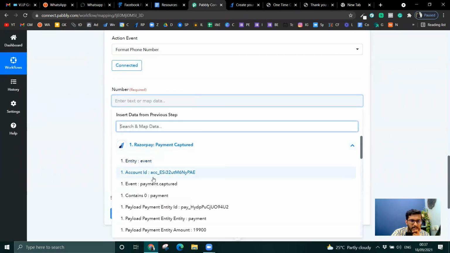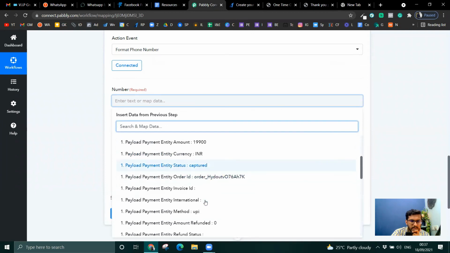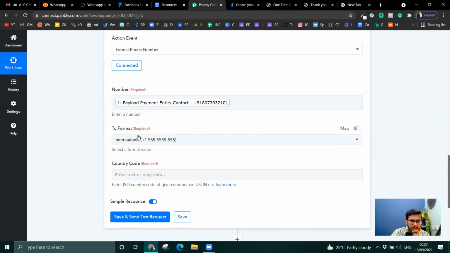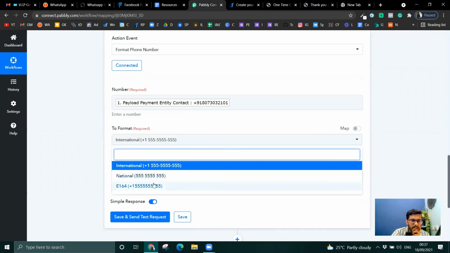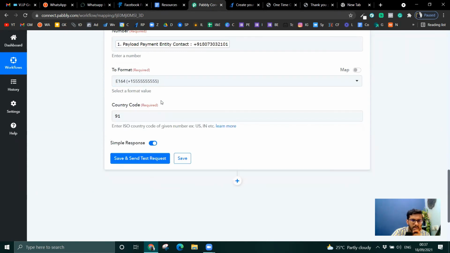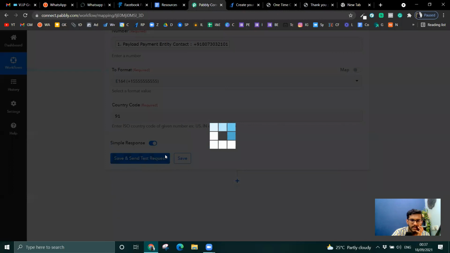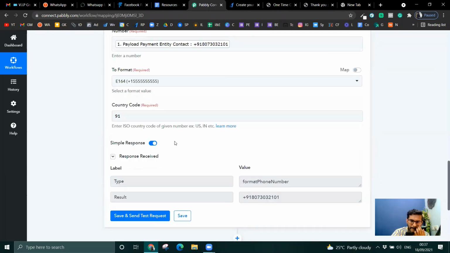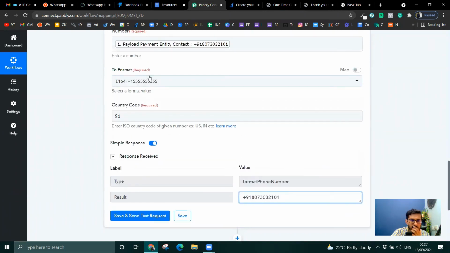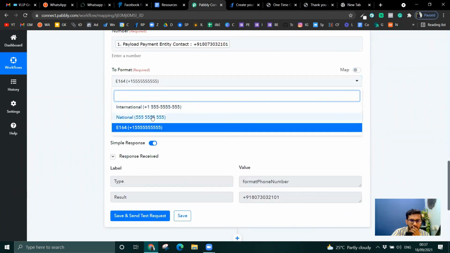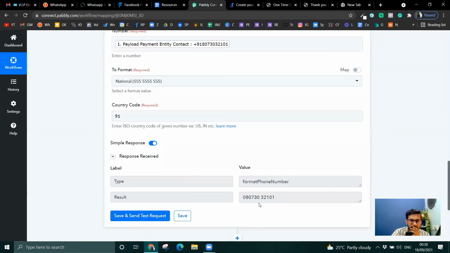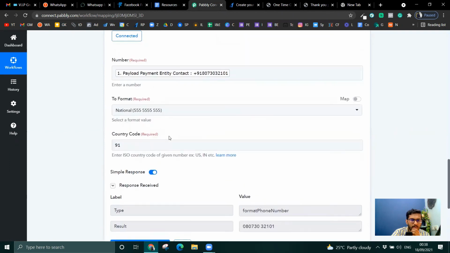Razorpay would have got my number in this format. I need to make it into this 91 country code format. I've got it now like this, which is not good. So I wanted to just code it like this. And I've got it 0. Why 0?